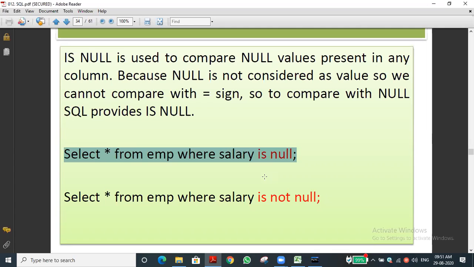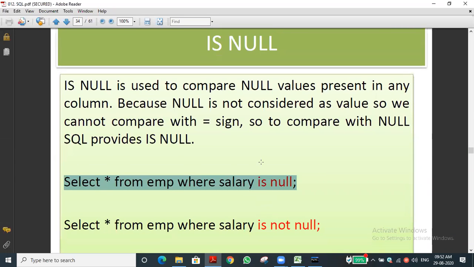So null is not equal to 0, not equal to a single space character. It is nothing. Null means nothing. We cannot compare it with anything. Null means null only. That is the concept. Have you understood? The IS NULL operator is a very important operator, because many tricky questions will be asked from this concept.